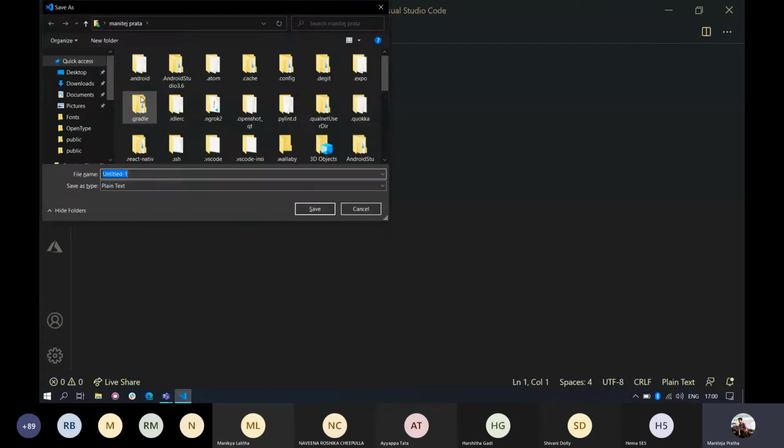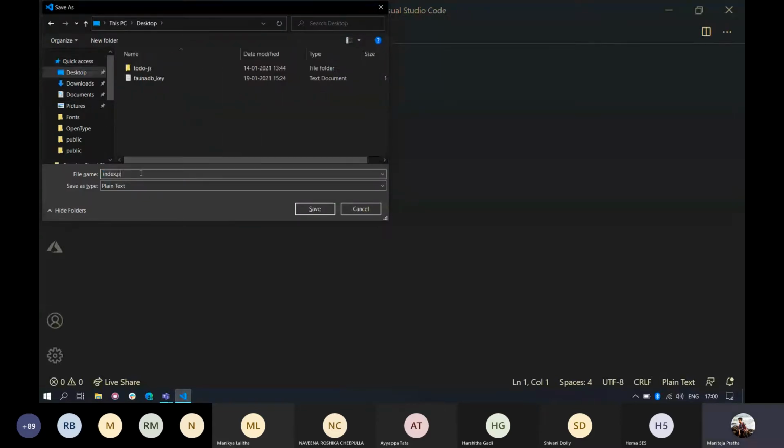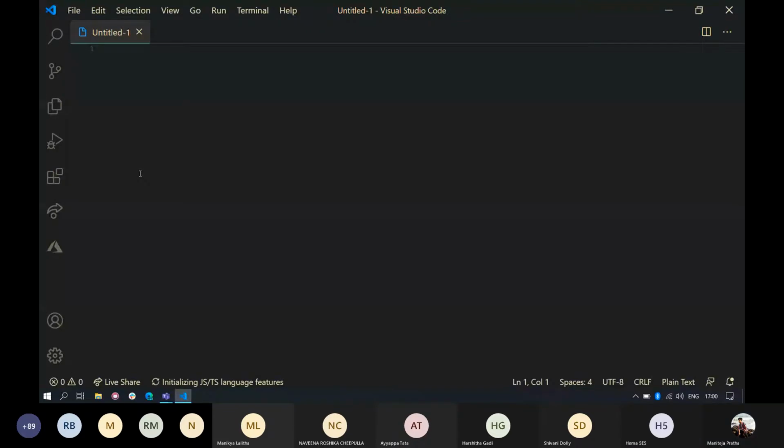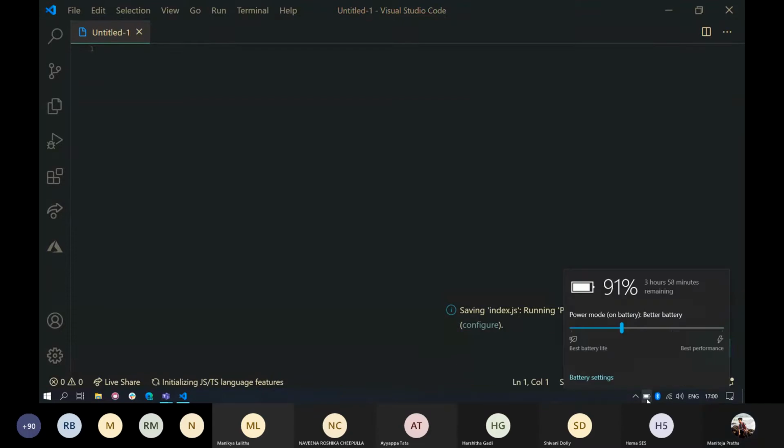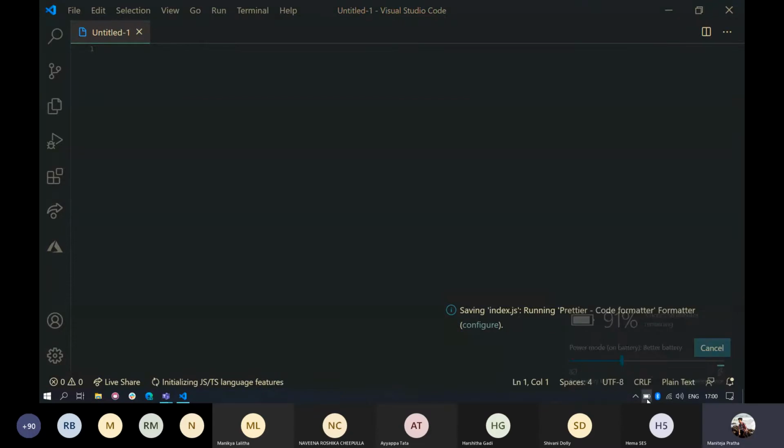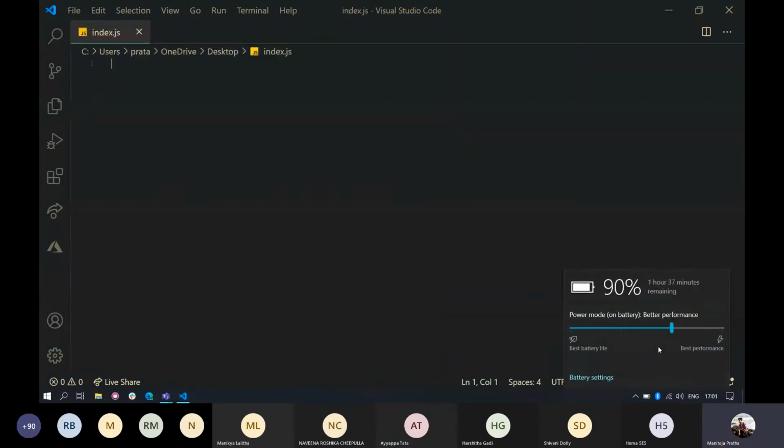So we'll save this file as index.js. Cool. Okay. Now a brief JavaScript introduction.